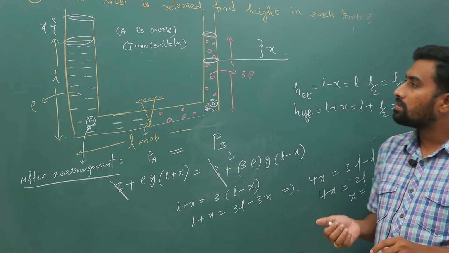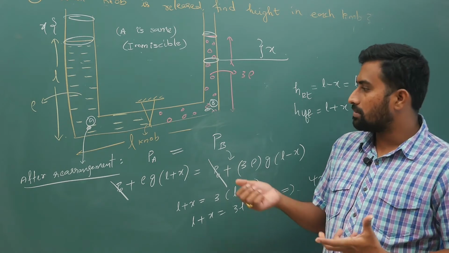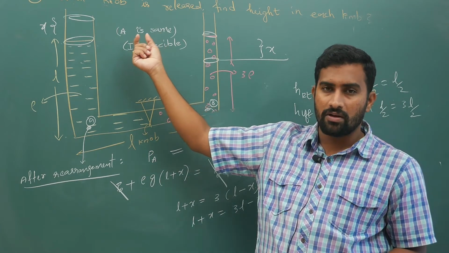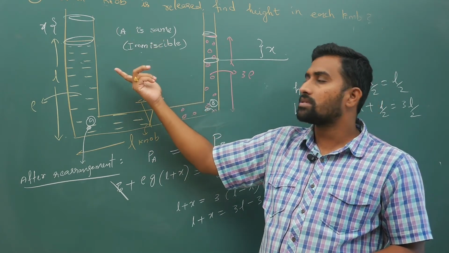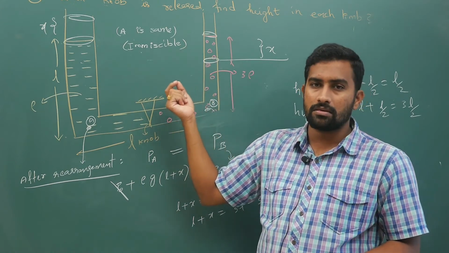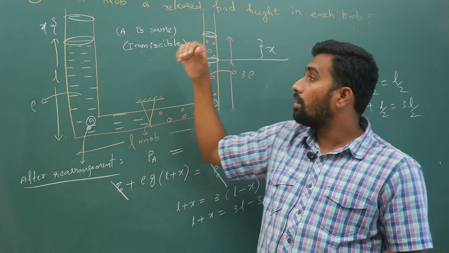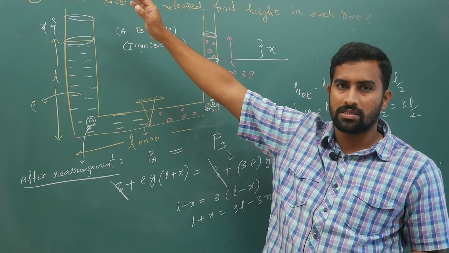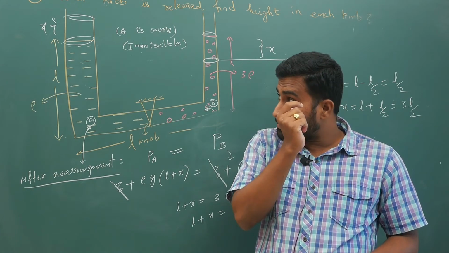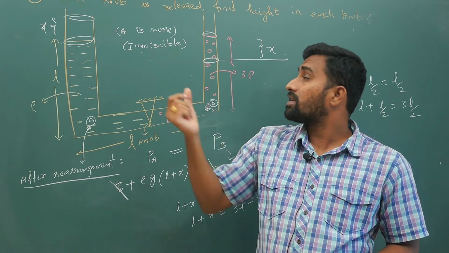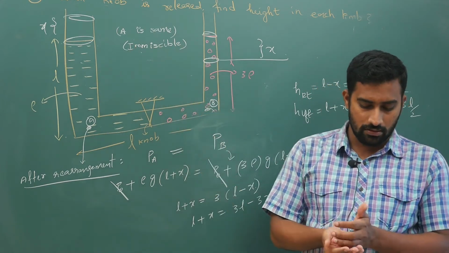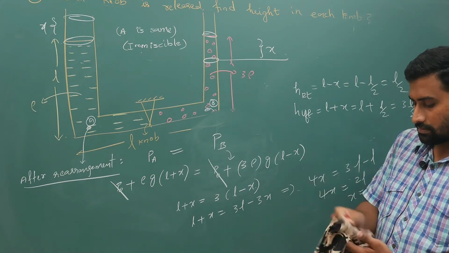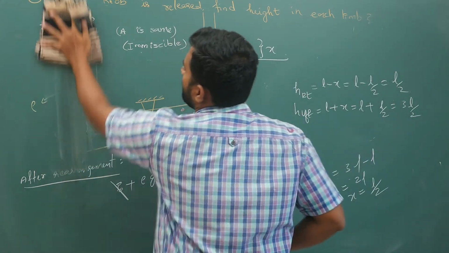Okay, right? So this is your basic answer, but this logic will work provided the liquids are immiscible and the area of cross section is the same, because if the area of cross section is different, the height rise will not be the same. How much volume has come down from this side, that much volume of liquid will rise upwards on the other side. So area of cross section is an important factor to consider, but if nothing is mentioned, mostly the area will be constant. Okay, right? Now next, let's continue.